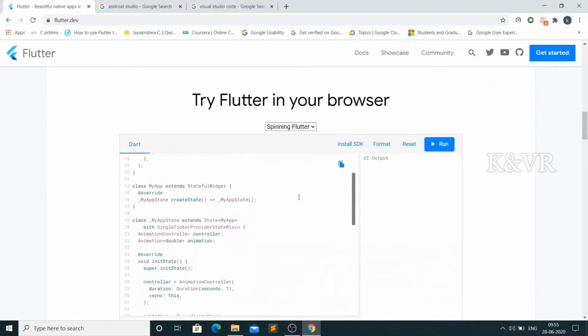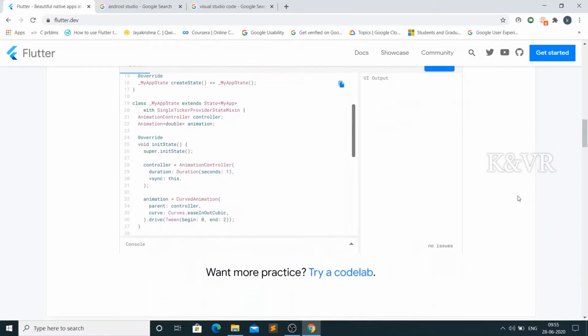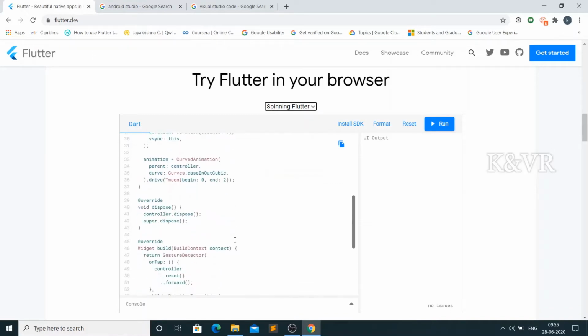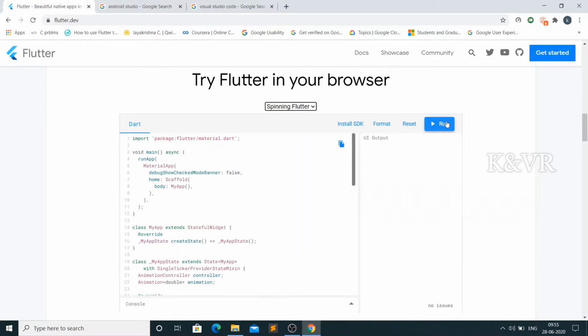And here are some simple apps like spinning Flutter, Fibonacci series, counter, like that. Let's see spinning Flutter. It is the code for spinning Flutter. Just run. It is the online compiler. Just run it. Here the output will come.